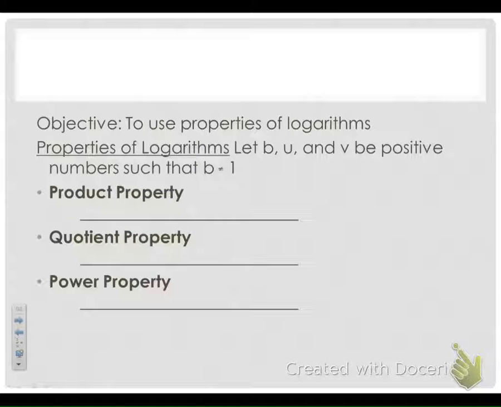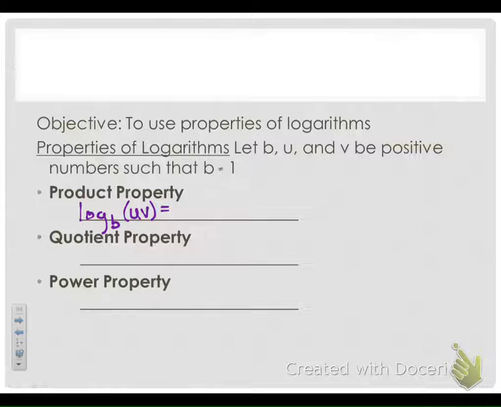So, we've got some properties that we're going to discuss with logarithms. There's a product property, a quotient property, and a power property. Product property is the following. If you have log base b of two things being multiplied,